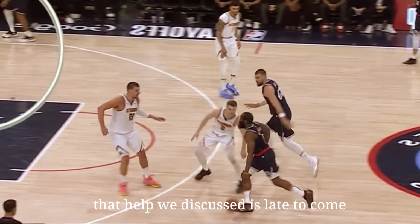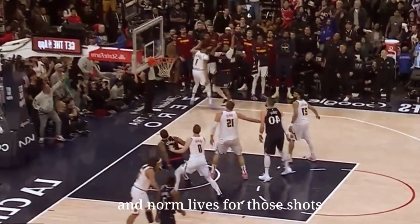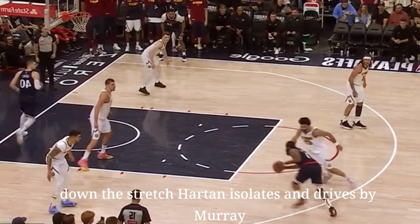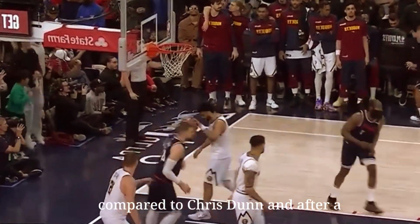That help we discussed is late to come jam the roller. Zoo sprays it out to Powell, and Norm lives for those shots. The Clippers were just so fast to attack down the stretch. Harden isolates and drives by Murray, everyone's pulled in, and Norm is basically Steph Curry compared to Chris Dunn. And after a